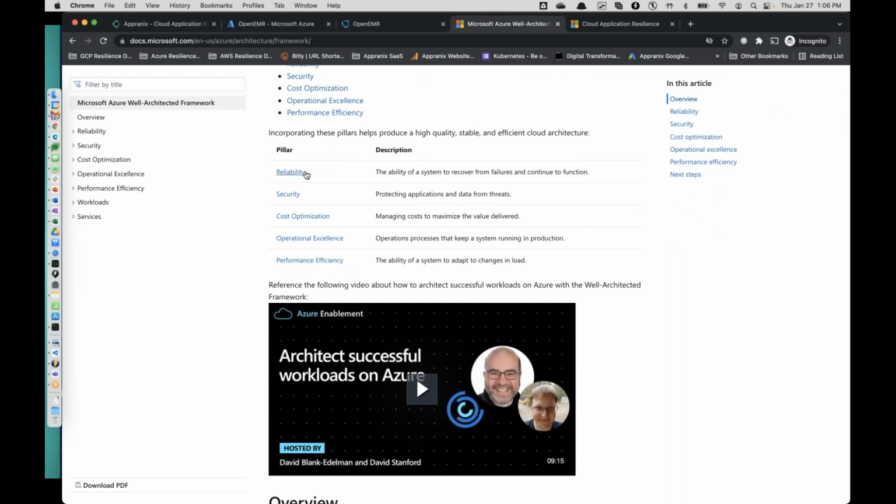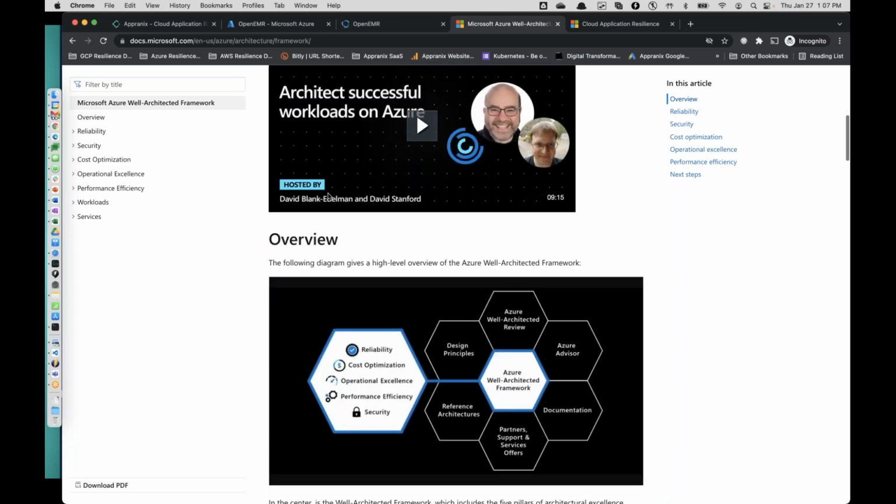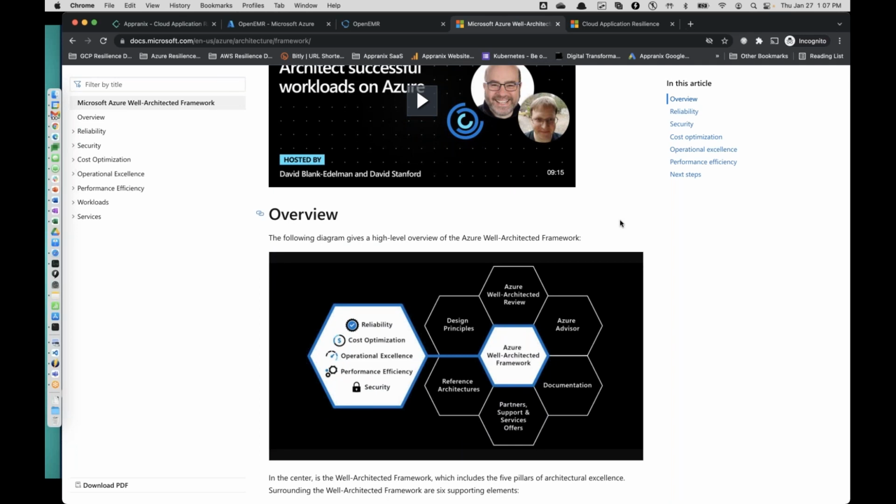So the first and foremost is reliability, right? The ability for the system to recover. And obviously, not necessarily a complete prioritization from your perspective, but overall from an industry perspective, reliability appears at the top of everyone's mind, right? And there is enough material to explore here, so we are not going to go into the details of how Microsoft has put together the